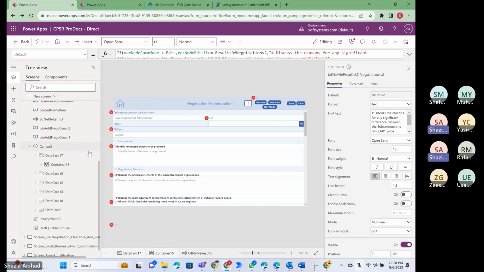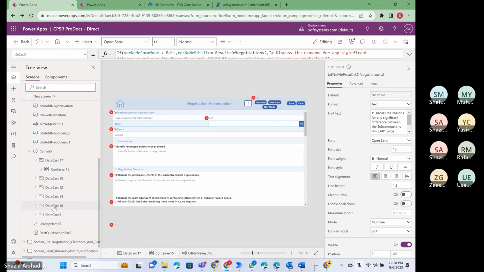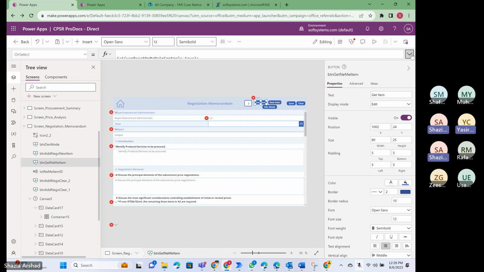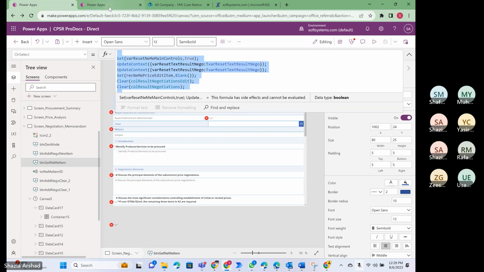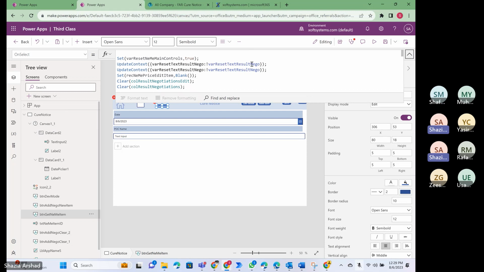But here, I can copy the code for the get item and just change it a little bit. This is our get item on select. We already have some stuff here. So basically set,